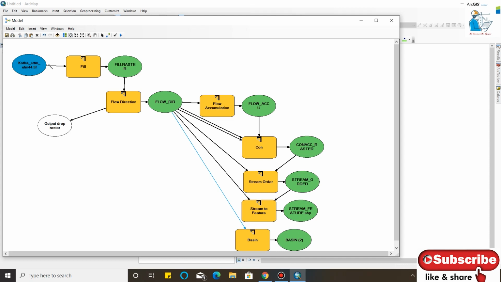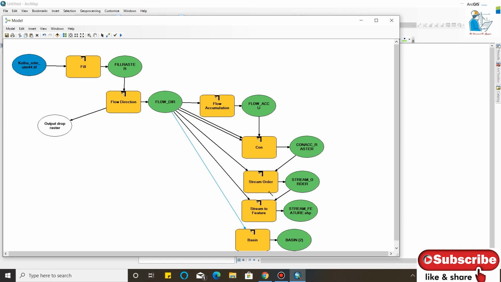This is the DEM raw raster, which is now filled, then flow direction, then flow accumulation. Using the flow accumulation, we will give a condition, having the stream with the value of 1, which shows the stream, and 0 which will not show the stream.